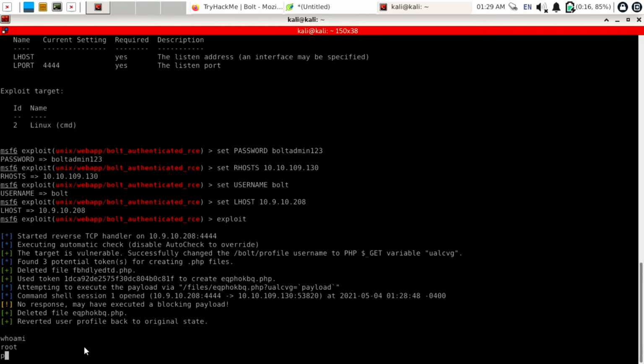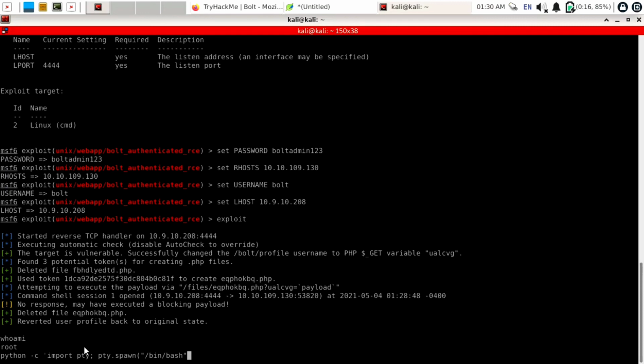Now to stabilize this window, we can use Python. So use the command python -c, single inverted comma, then import pty semicolon pty.spawn, round bracket, double inverted comma /bin/bash.